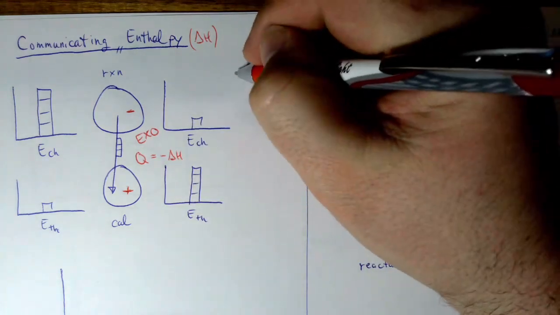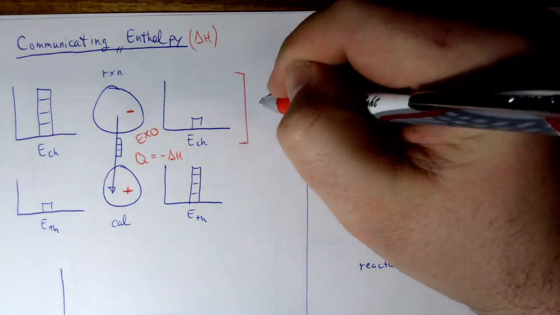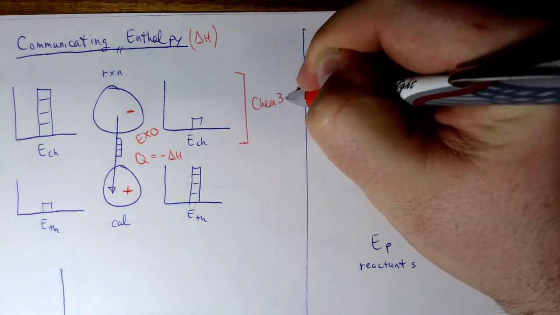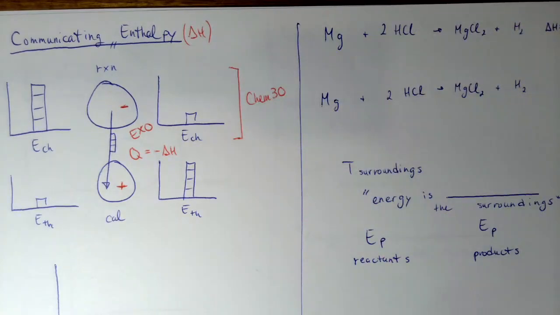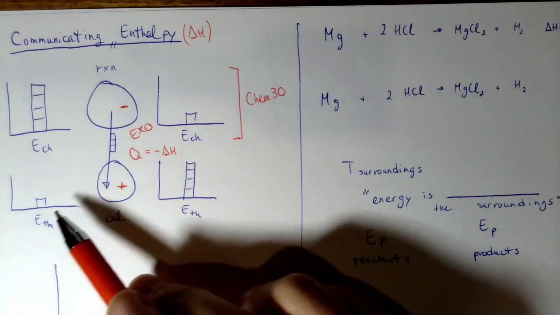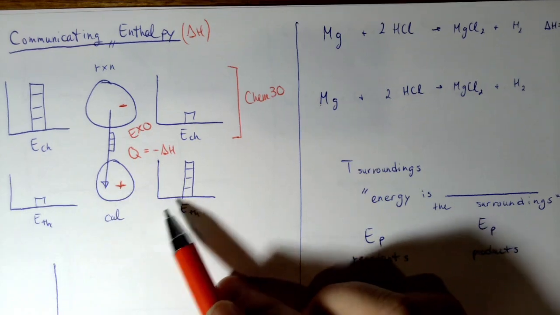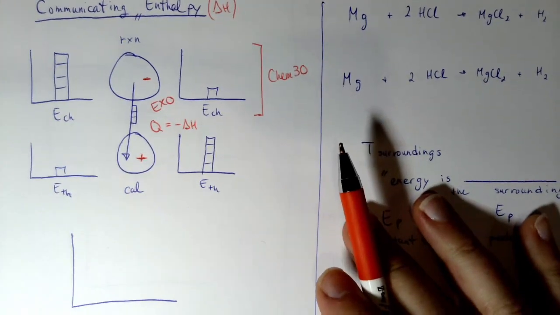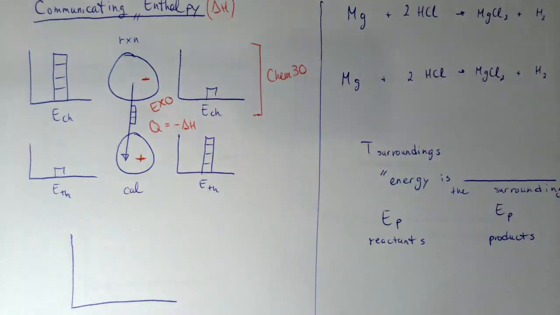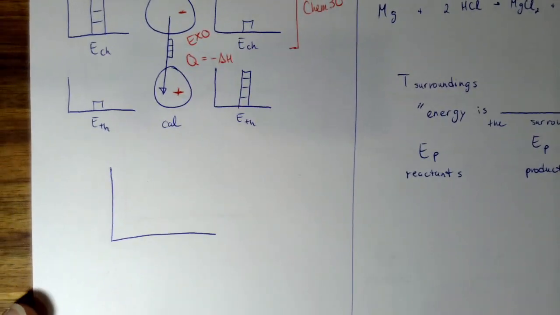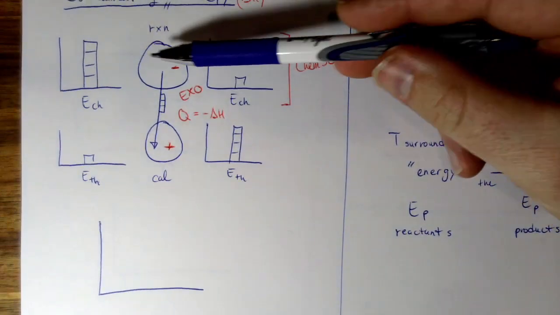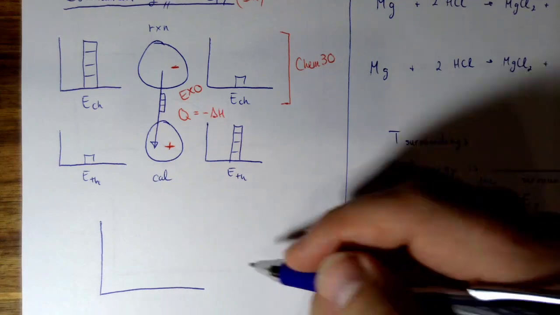Alright, now for the purpose of high-level chemistry, like our Chem 30 class, we're just looking at the change in terms of the reaction. We don't need to consider the thermal energy in the calorimeter, except that it goes up or down, and we can calculate that using Q equals mc delta T. Instead, we're going to use a lot of graphs to represent what's happening here with these energy bar charts. Now, typically, it's not shown like this. The way it's actually going to be shown is